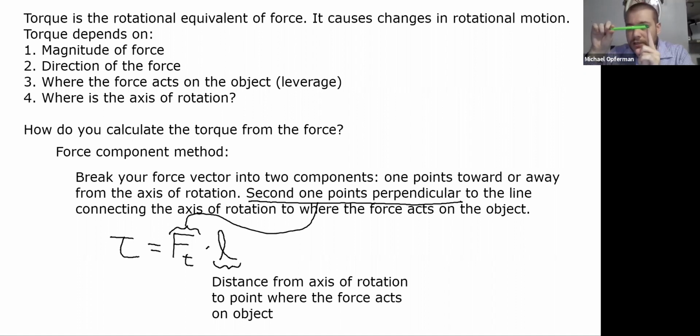I call it tangential because if you picture a circle here, if you picture the pen can rotate in a circle like this, if you visualize that circle, so that circle is going like this in the video, the force component that I'm interested in would be tangent to that circle. If you picture the circle going like this and a tangent line like this,